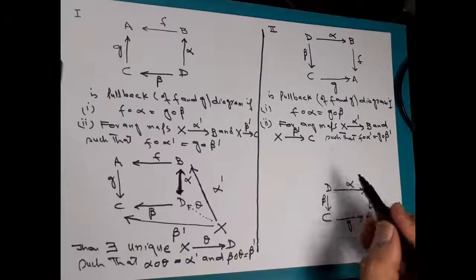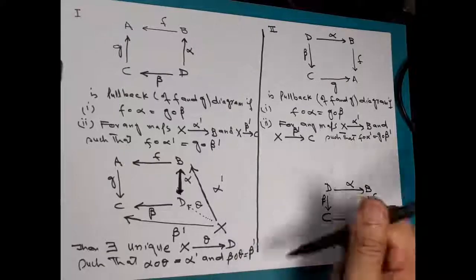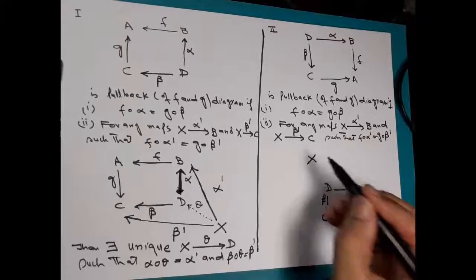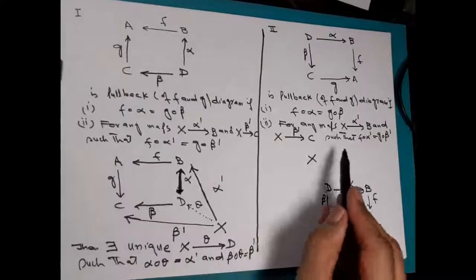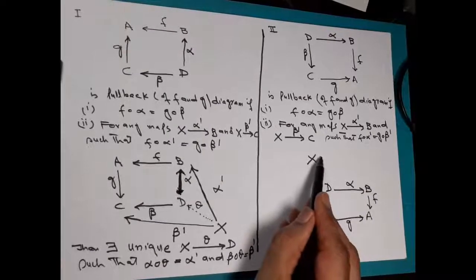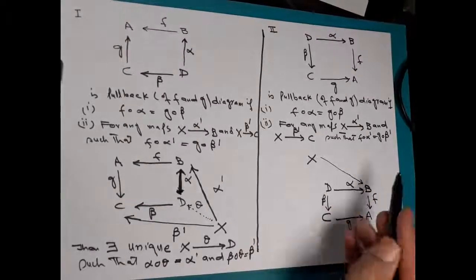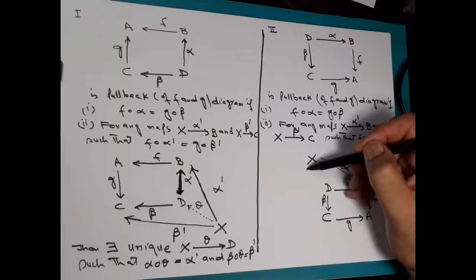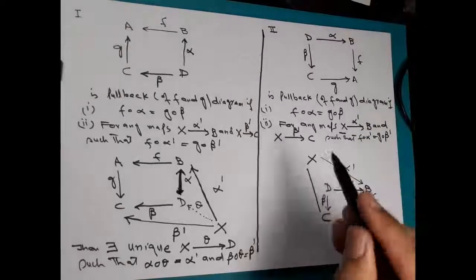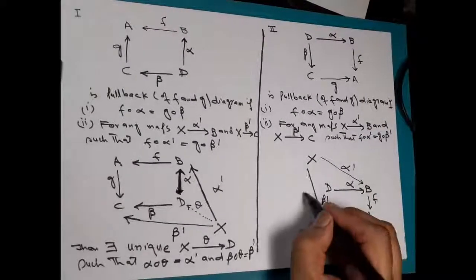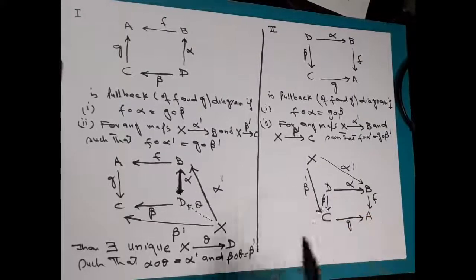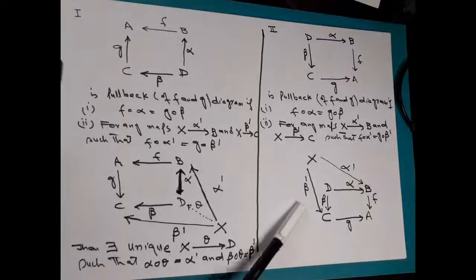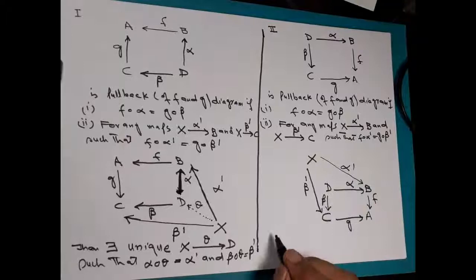So let's complete the diagram. So we are talking about an object X. So this is the object X, and then we have map from X to B. This is alpha dash. Then we have map from X to C, which is beta dash. And these maps have to be such that f composed with alpha dash is equal to g composed with beta dash. Then there exists